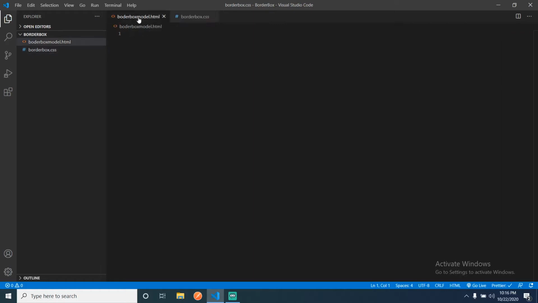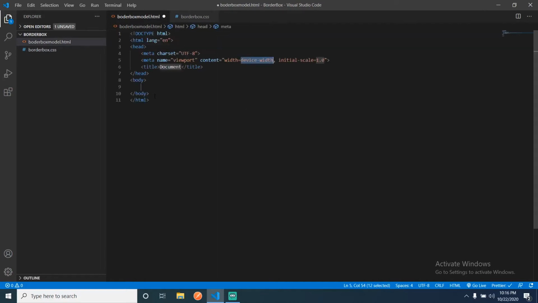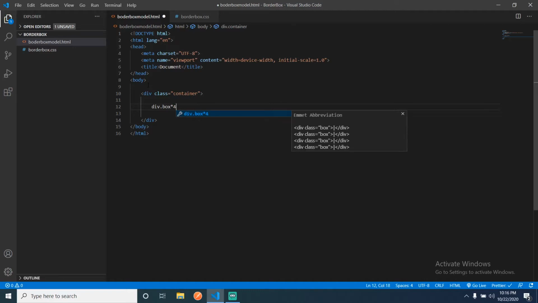So here I have implemented my boilerplate, and in that I'm creating one div with class container. Inside that I want four boxes, so let me create four divs with class box, and inside that I want four paragraphs.